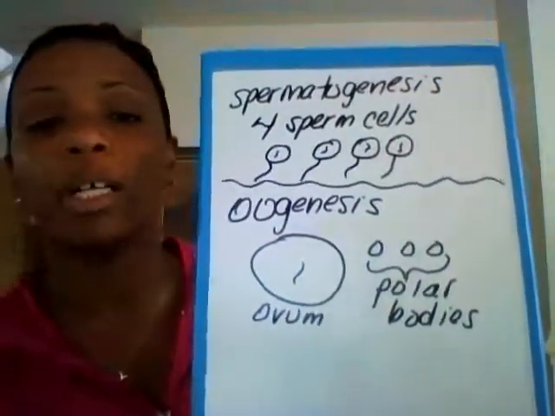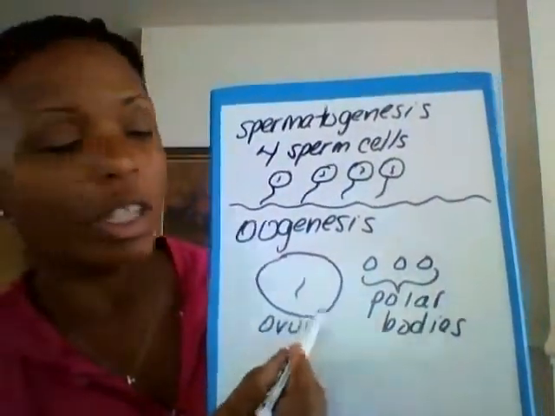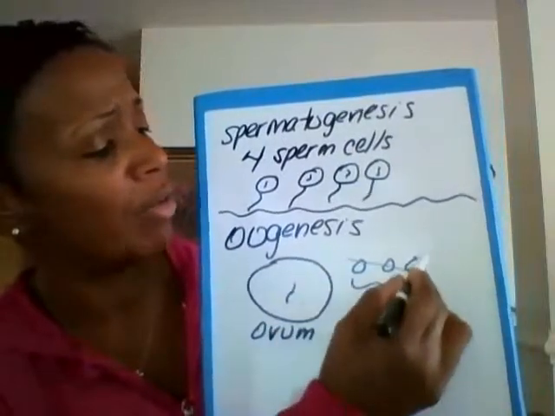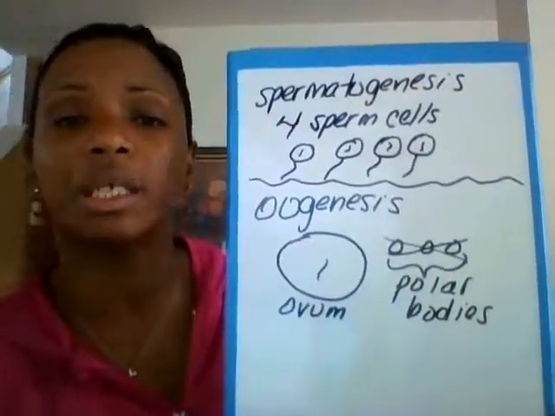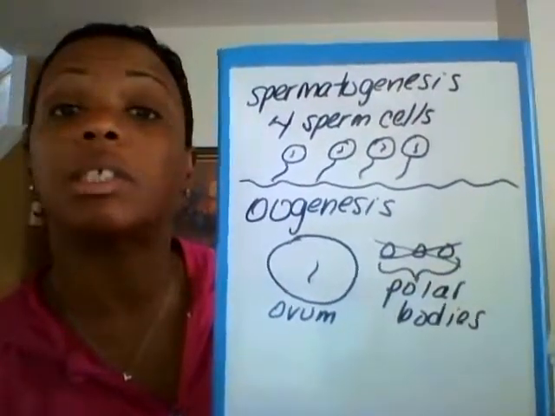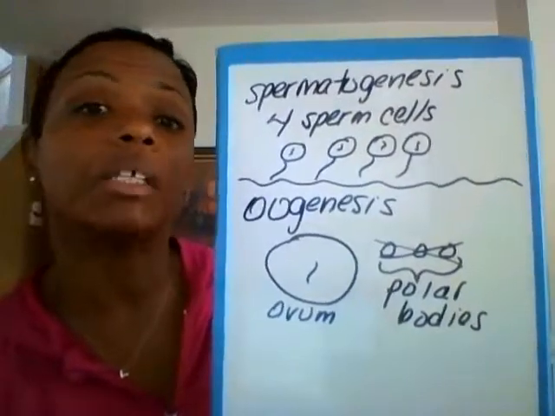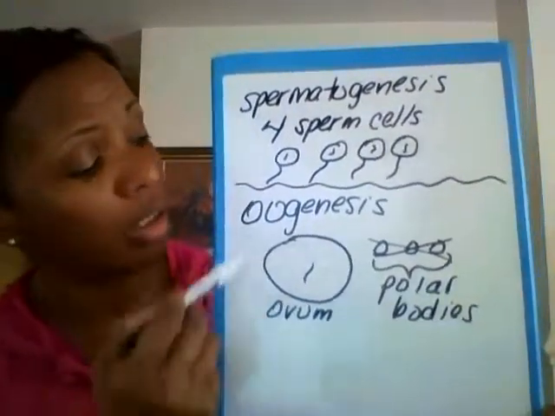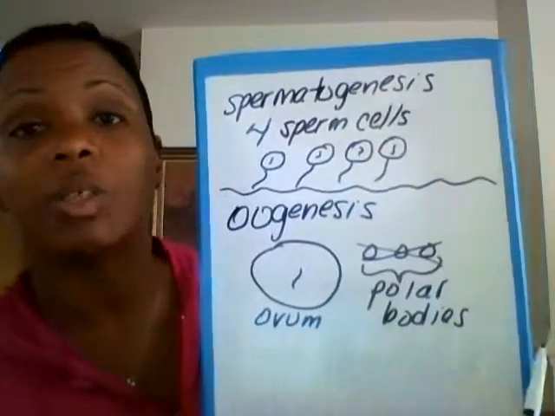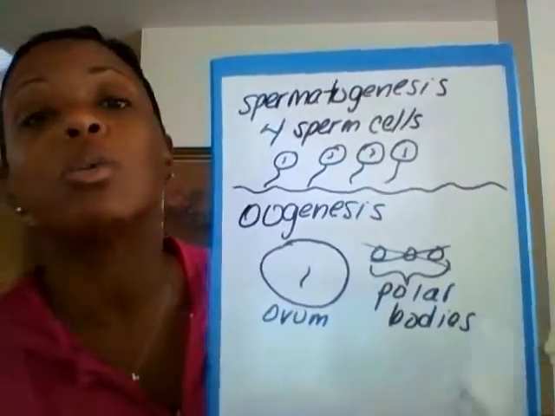Now these polar bodies, because the egg is so very large, are not viable. They don't live, so what ends up happening is they actually disintegrate. But the end product of oogenesis is the one large egg and the 3 smaller polar bodies, which end up disintegrating. Okay, so that's an overview of the differences between mitosis and meiosis, and then the 2 forms of meiosis being